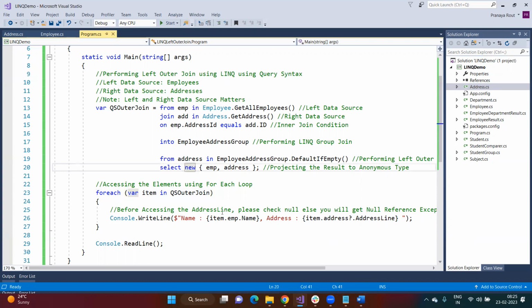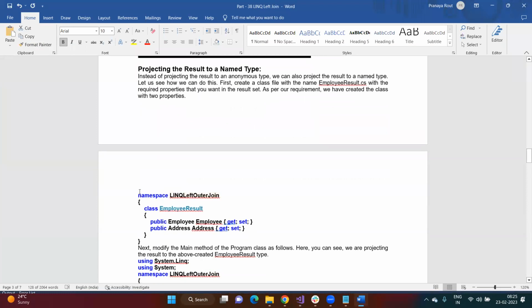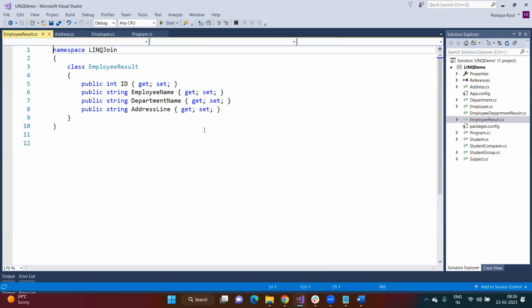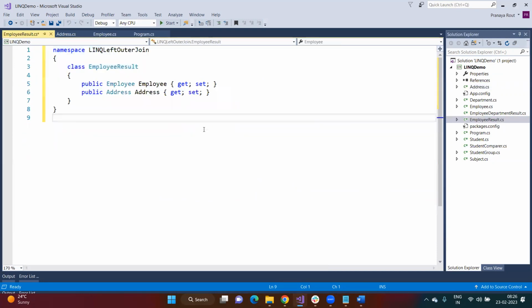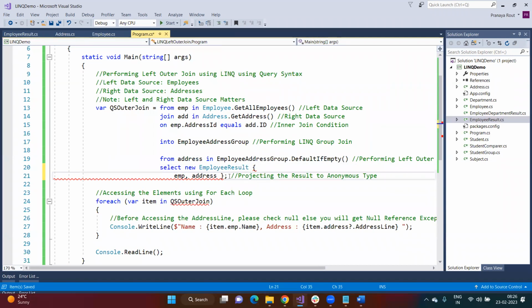So in this case, you can see we are projecting the result to an anonymous type. So it is also possible to project the result to a named type, right? Let me show you these things. Employee result variable is there. So I'm creating a type with the employee result, and here you can see employee and address. The type is employee and address, and here I'm copying this one. Instead of this, I'm writing this, and then